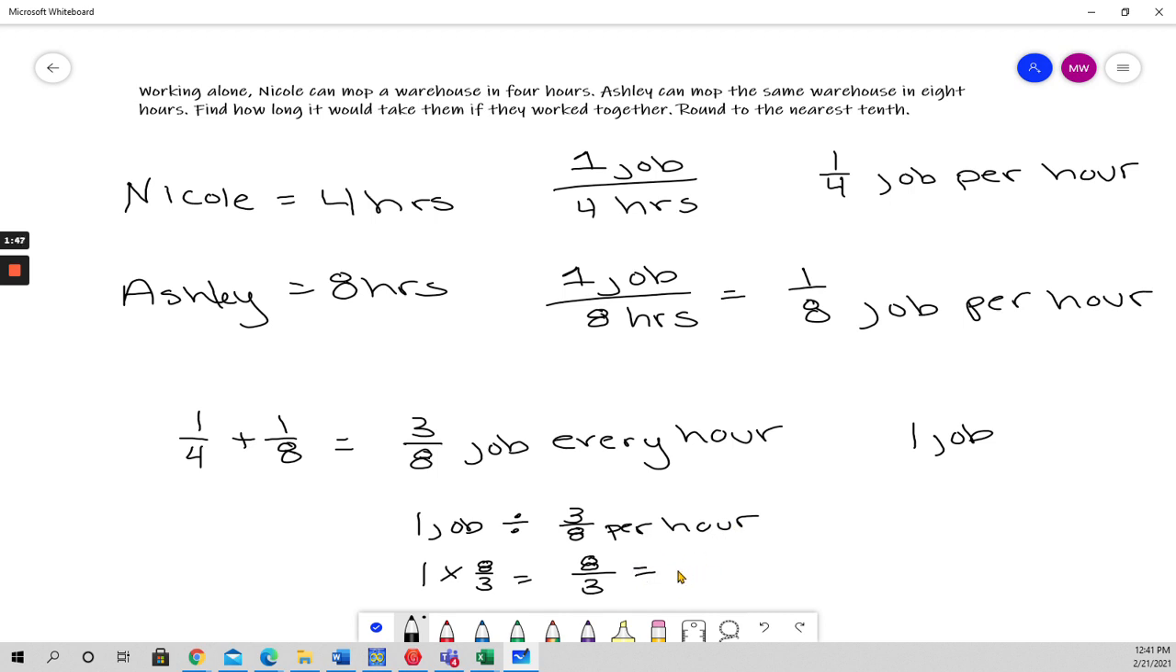I'm going to round to the nearest tenth. So this is going to be 2.67 hours. So they can complete the job together in 2.67 hours. Now, if I drew this visually for you,